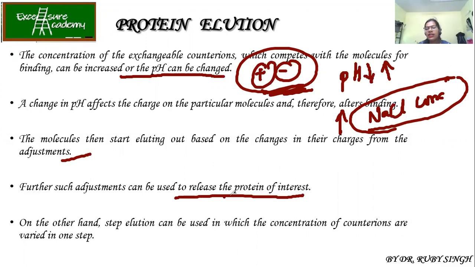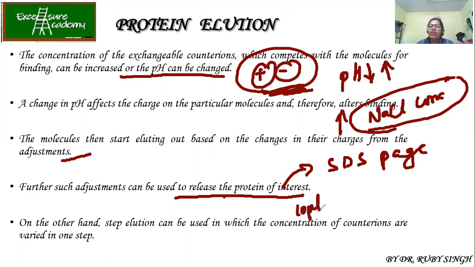Now, how do you understand that your protein of interest has been released or eluted out? Just by carrying out SDS-PAGE. Sometimes there are a few people who also go for the enzymatic activity. If your protein is an enzyme, you can just take a few microliters from your test tube and carry out the protein activity assay. So this will also confirm that in that particular test tube, your protein is present.